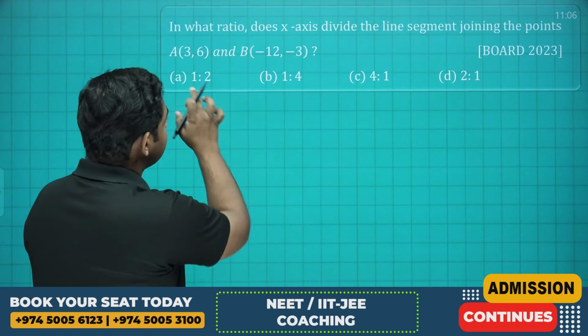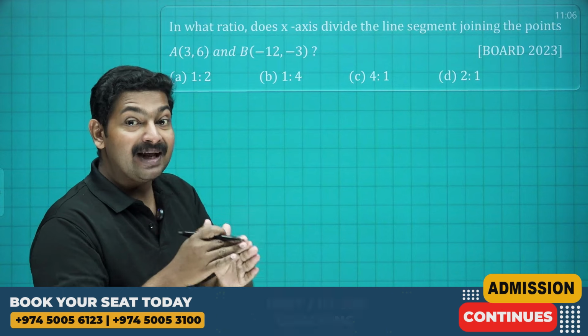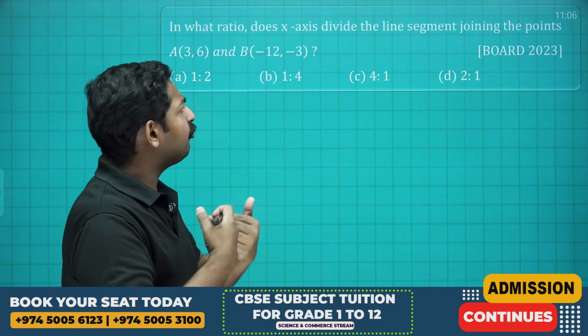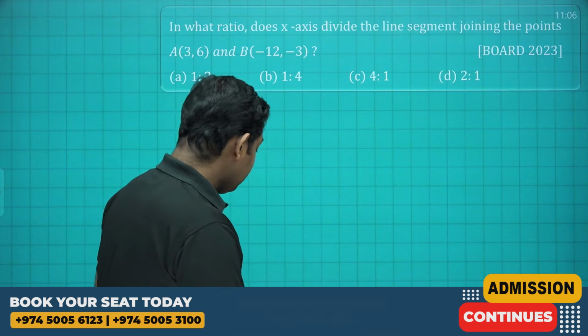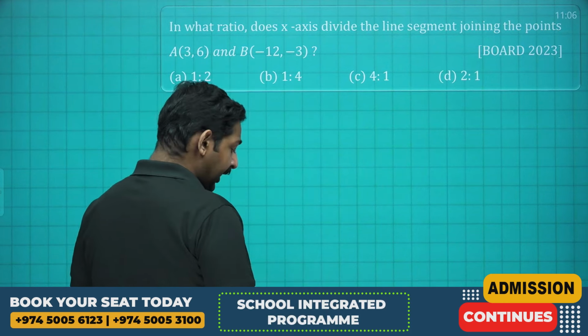So the line segment joining these 2 points is divided by the x-axis. Okay, so how can we do this one? We can do this one by using the section formula. And what is the section formula? We know that if a line segment